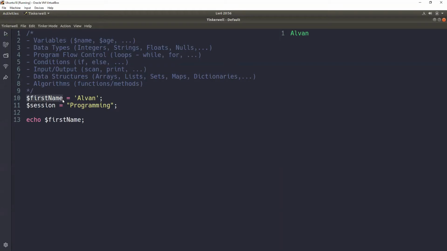Like in your RAM, there is a space that we have booked and called it first name, yeah? So in that space, we save the name Alvan, yeah? So whenever we output here, we are outputting what is in that memory space. So whenever we change the value of what is there, it actually changes the value of that memory space.